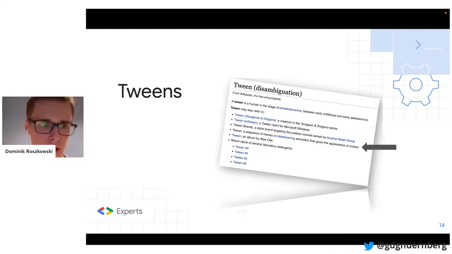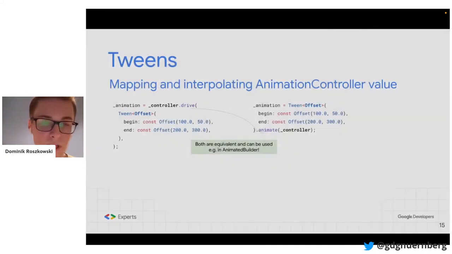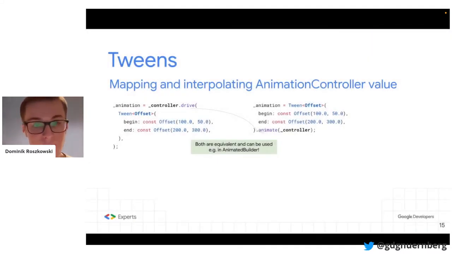not drawn as they were in reality, or they were a little bit blurred. And this technique of blurring the character is called in-betweening, and this was, for instance, used by Pixar or some other studios also digitally. And this is how tweens came also to the typical animation frameworks, and it also lands in Flutter. So in practice, tweening or tweens are used to map and interpolate from one value to the